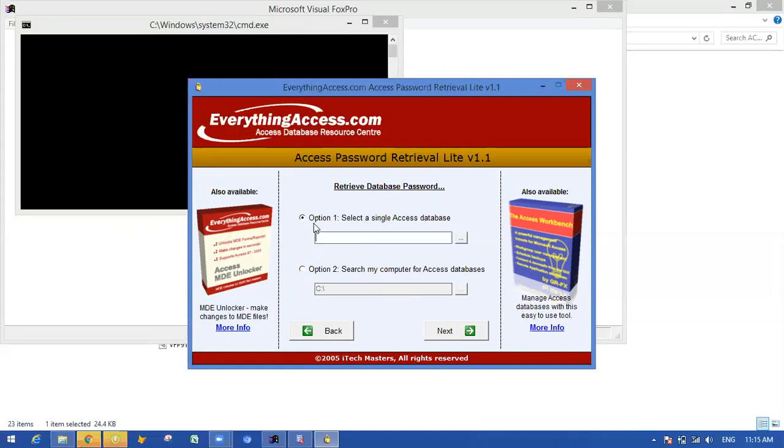By default you will get this only. Otherwise, if you are sometimes getting option 2, then you must select the first option. Ensure the first option is selected, and then you will find these three dots here. If you click, you will be able to browse the files wherever you have put the files for the conversion that you need to select from here only. So I will click on this.